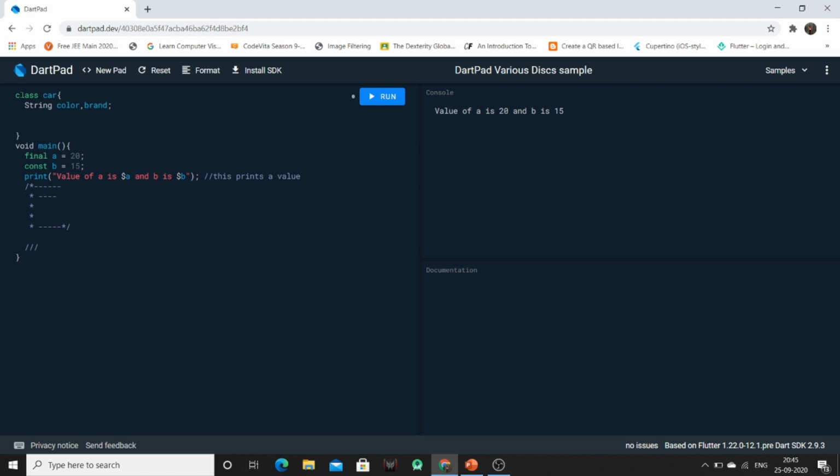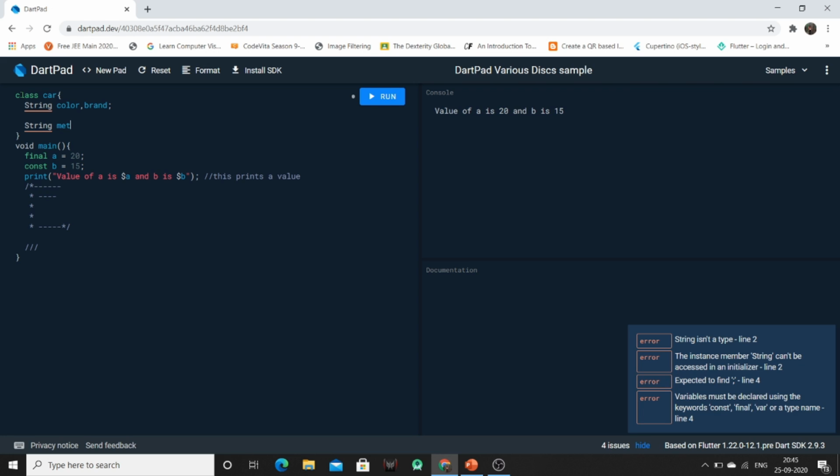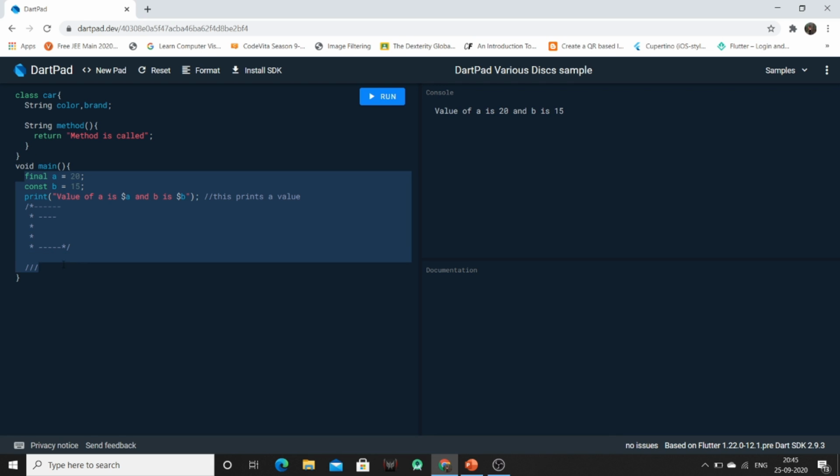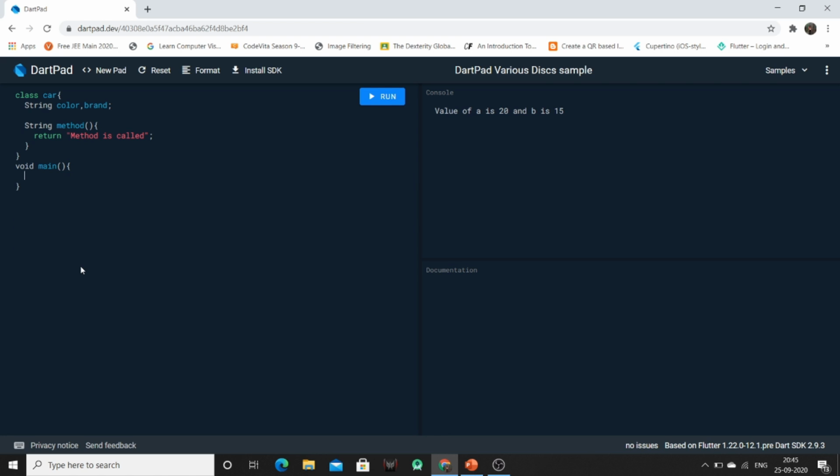Okay, and I'm going to create one method which is returning a text. Now we can create the object of this class and can access the values of the variables by using that object.